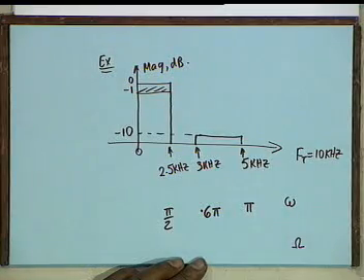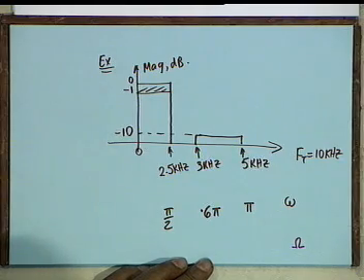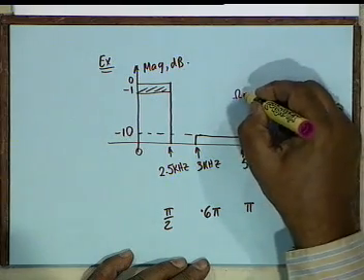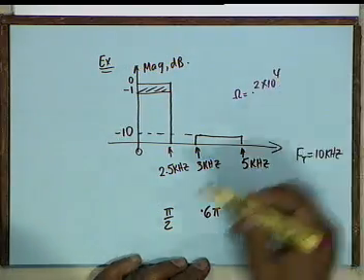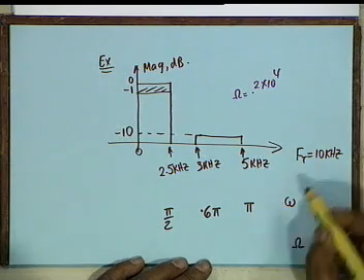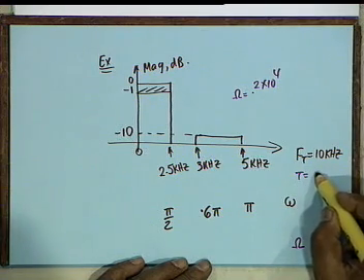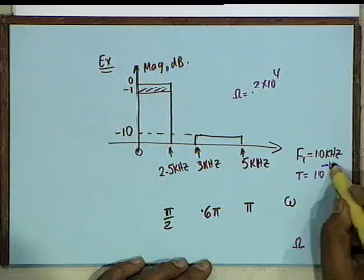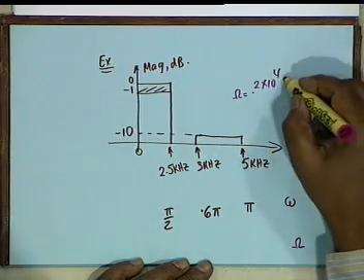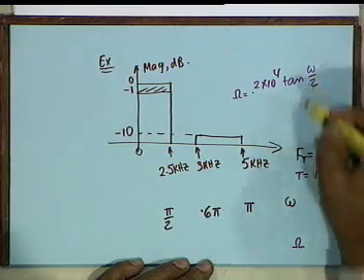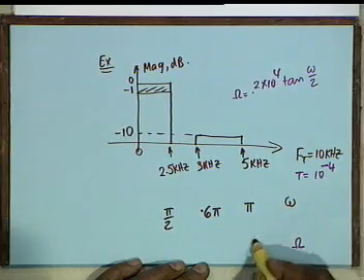The next thing to do, because you are coming from an analog normalized filter, is to convert them to capital omega, and we will work this out only with bilinear transformation. Therefore, capital omega is equal to 2 by T tangent of omega by 2. 2 by T means 2 times 10 to the 4. Agreed? What is capital T? 1 by f_T, that is 10 to the minus 4. And therefore, for all of this, calculate this.